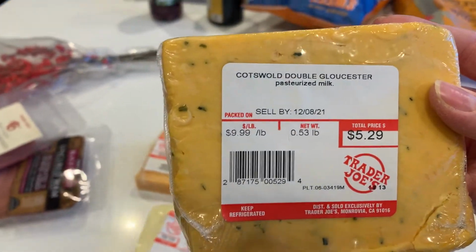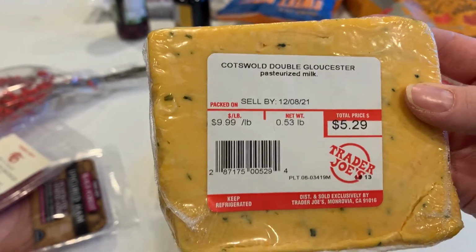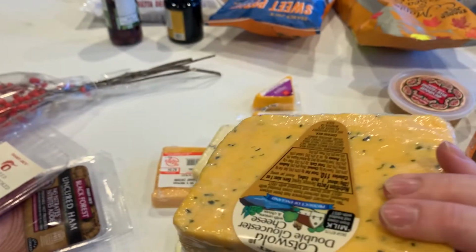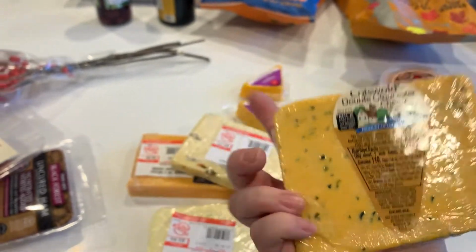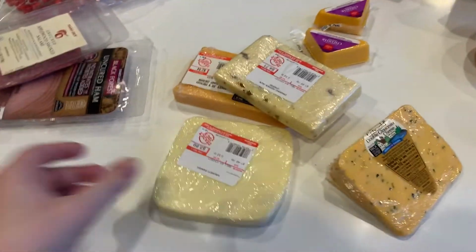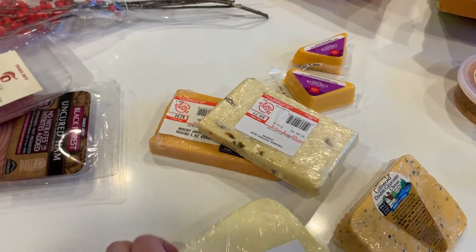The Cotswolds double Gloucester is how you say that, cheese. And it is, yeah, I don't know, it just looked really good. It has onions and chives in it. And then